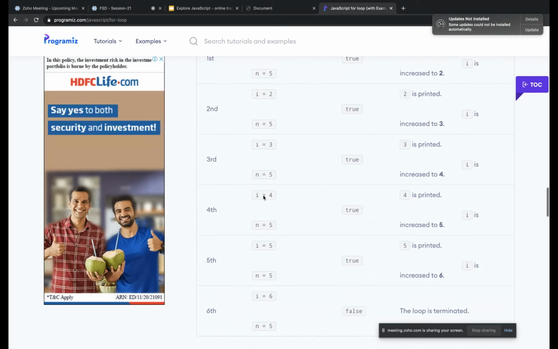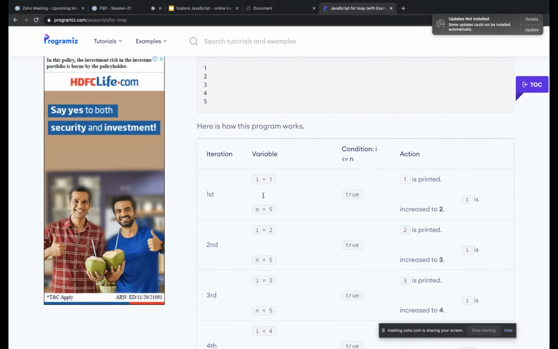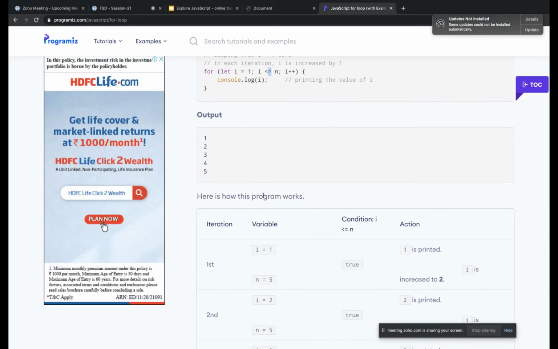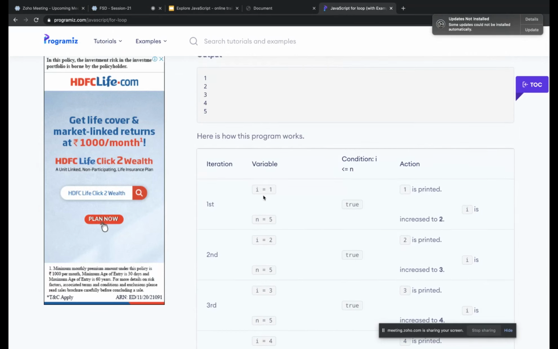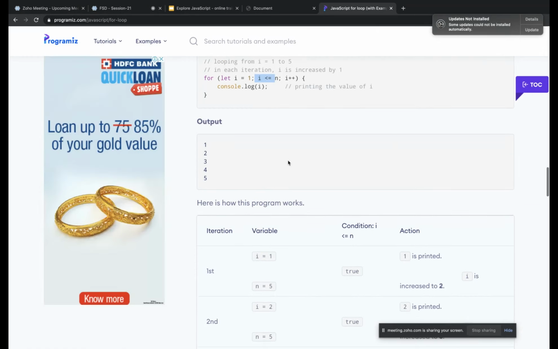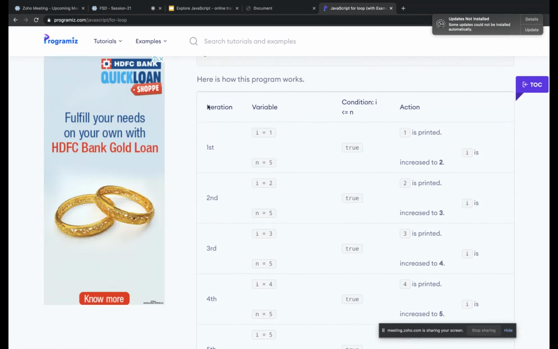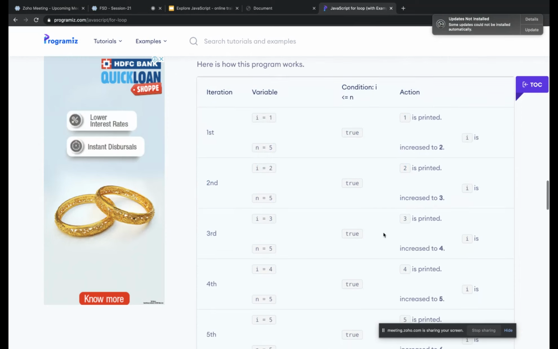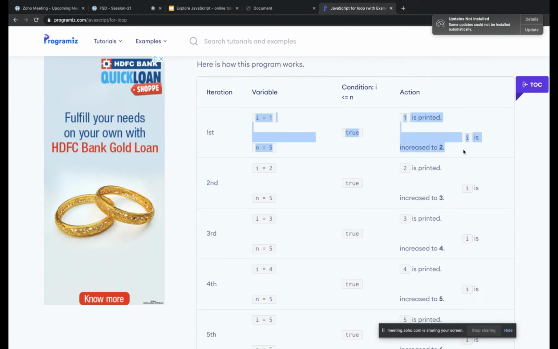See, if anybody is not at all clear about what I have said, or there is some confusion, since I'm going a bit fast while saying these, that it will get incremented and then here it will come and all. If you feel that it is a little bit fast, please go here, and then they have given for each iteration what will be the value of i and n. See,